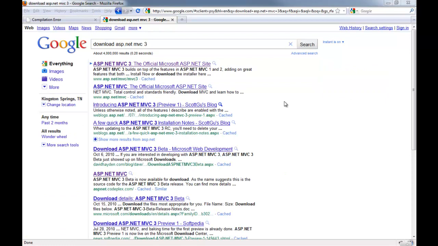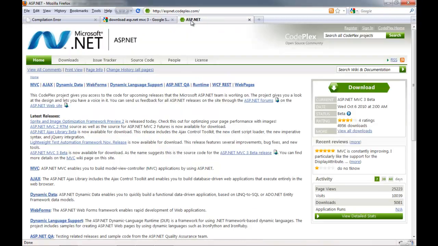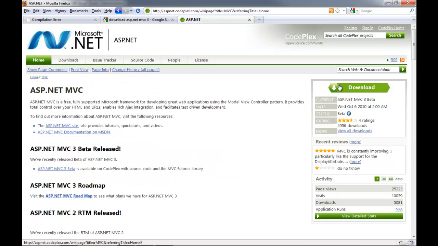I want to show this to people really quickly: if you go to the Codeplex site, and you click on MVC, you can download the source code, and you'll notice that it's ASP.NET MVC3 beta, and the current version is the release candidate. They haven't dropped that source code yet, but you can download the source code to this entire framework and look at it, and it's really interesting to read through. It's also good for debugging.